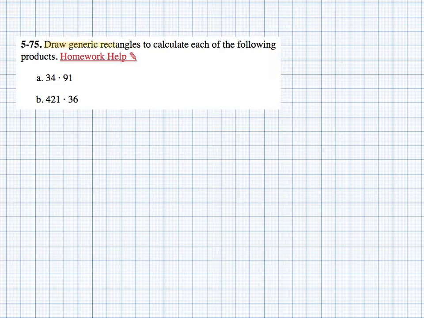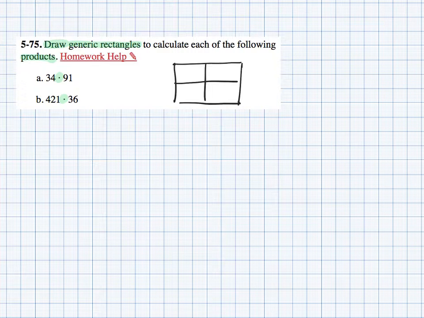Draw a generic rectangle to calculate each of the following products. So we're being asked to draw a generic rectangle so we can calculate the product. Now, product means multiplication, so you're going to see that dot over there, that means multiplication. So product, multiplication. A generic rectangle is when we draw ourselves a 2x2, for example, rectangle would have like the